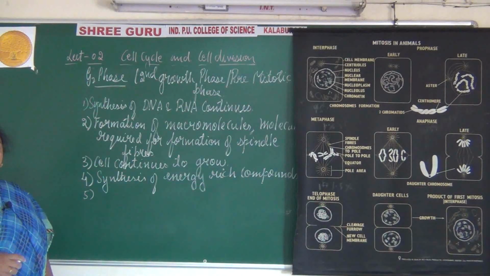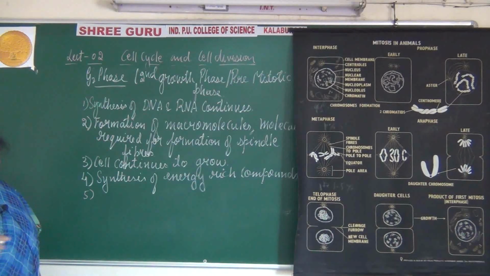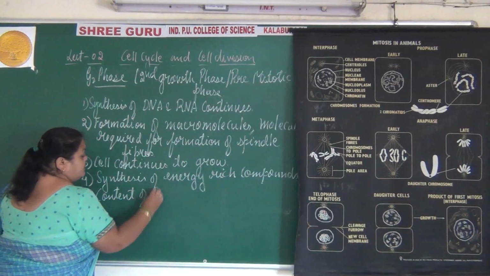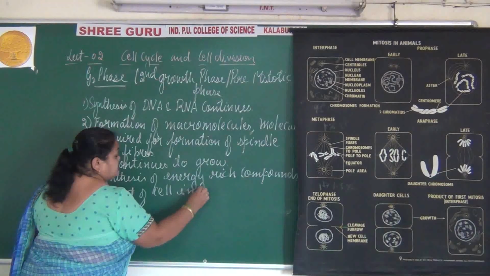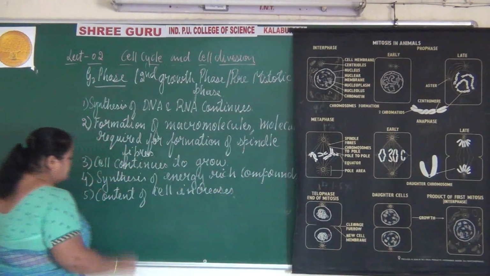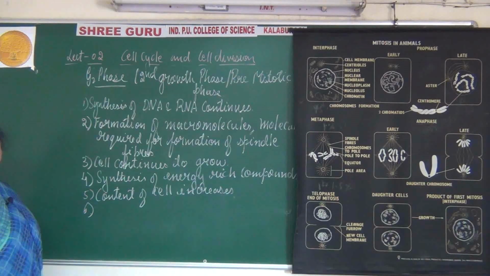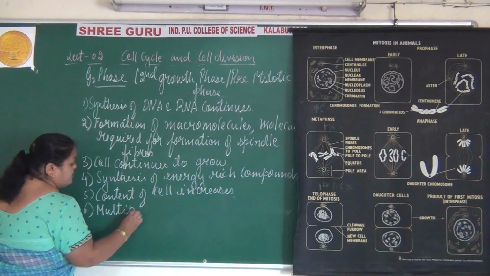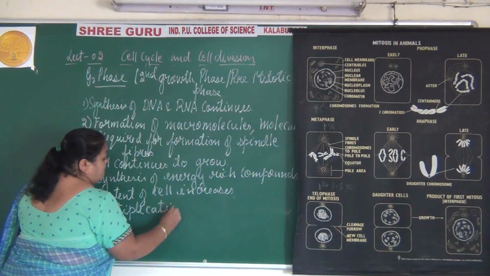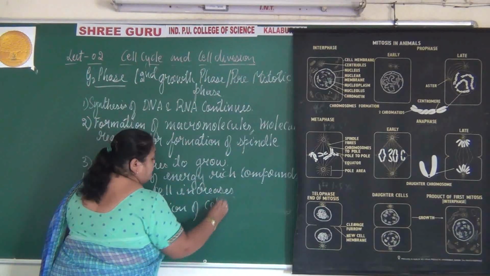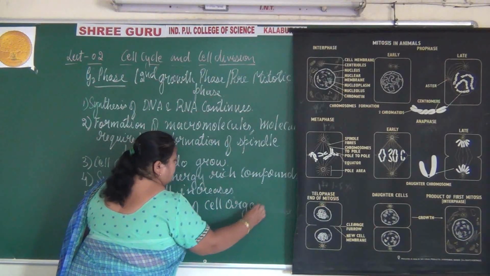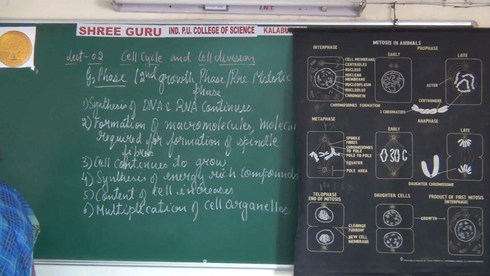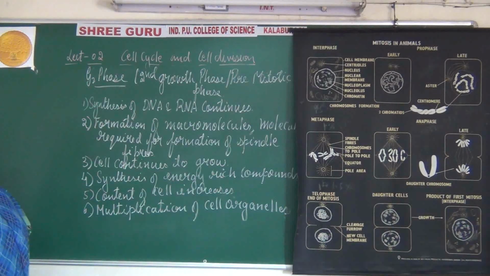As I said, it helps to carry out the future process, and the content of the cell increases. There is multiplication of cell organelles, or we can say that the number of cell organelles